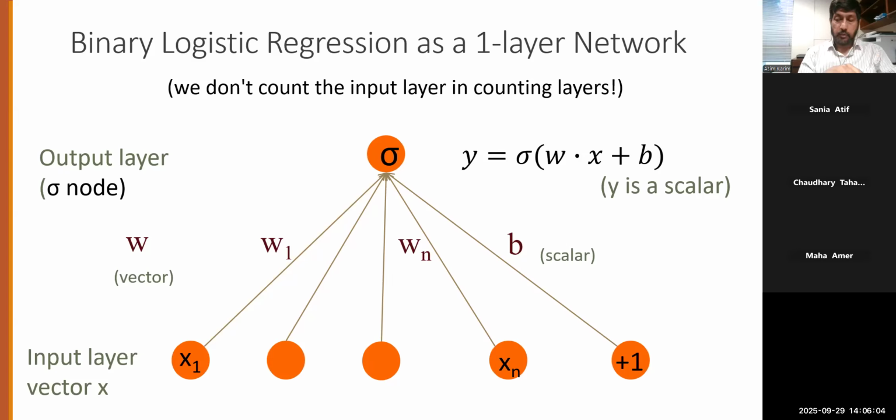Then we have all the various x's, x1 to xn, depending on how many inputs you have. They will be multiplied with the corresponding weights, the bias would be added, and then we apply the sigmoid function, and then we get the output. So this is a binary logistic regression model represented as a neural network. It does not have multiple layers in between. But in general, when we talk about feed-forward neural networks, we do not restrict ourselves to just one layer, which would just be a logistic regression, as we'll see shortly.